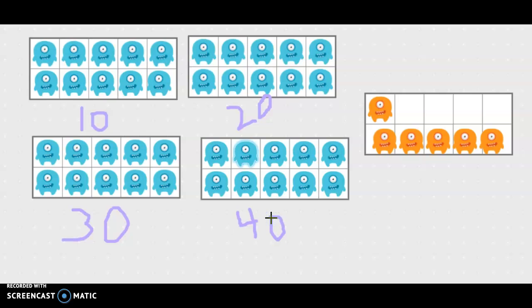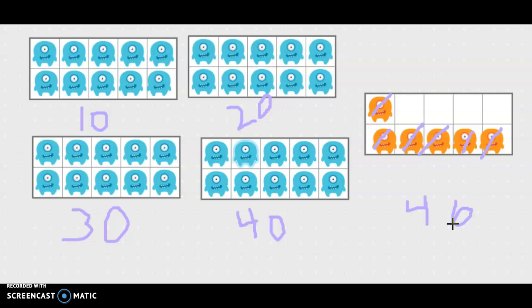Now we don't have a full one anymore, so we have to count by ones next. So we are at 40, so now it's 41, 42, 43, 44, 45, 46. So your final number is